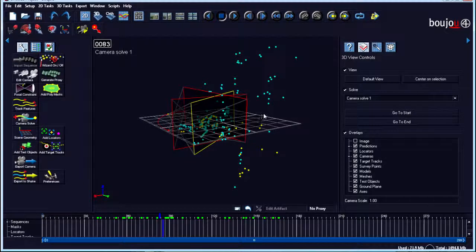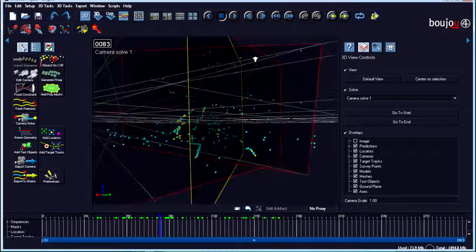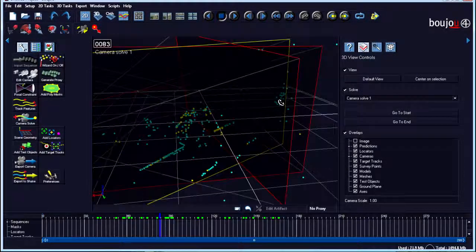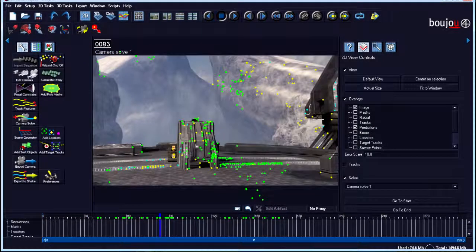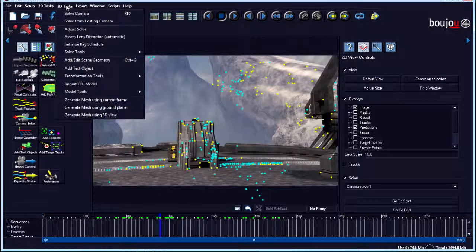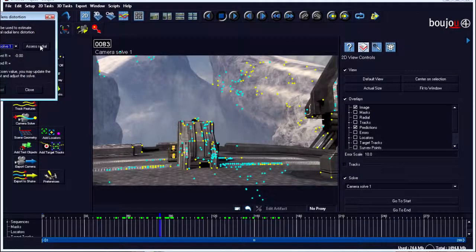This little thing is, right click to zoom with shift. This thing is that little bump and arrows. And the first thing you want to do, we're going to fix this up a little bit. Go to 3D tasks, assess lens distortion automatic, click that, assess radio,